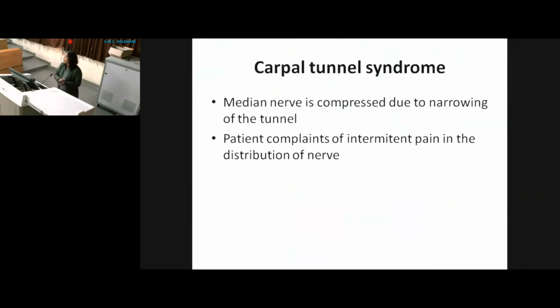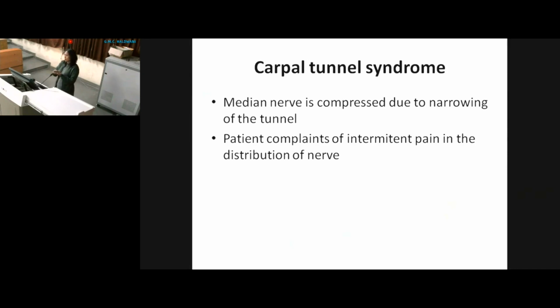So when there is a compression because of the inflammation in this region, in the wrist region or in the carpal region, there is a compression of the structures which pass just deep to the flexor retinaculum. That means there is a compression of the nerve, especially the median nerve. Okay, and the patient complains of intermittent pain in the distribution of the nerve, or cutaneous sensation is lost